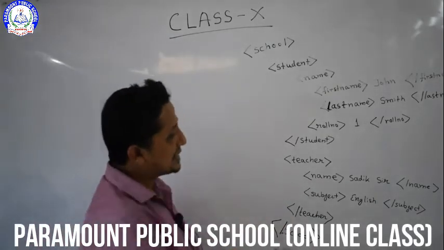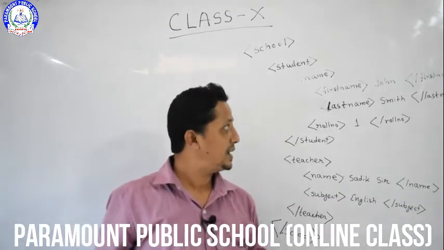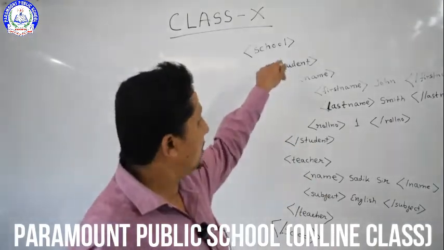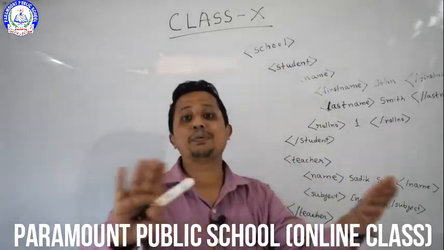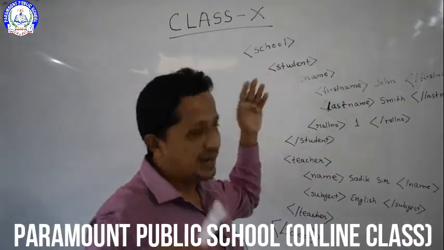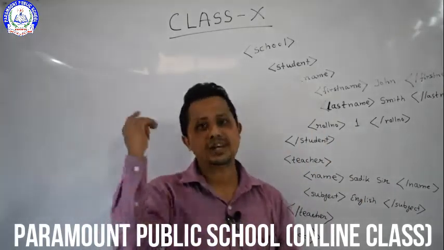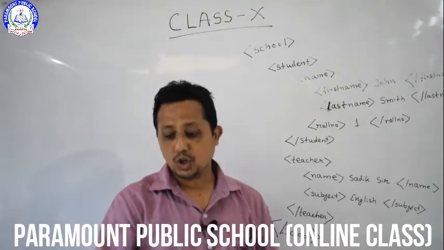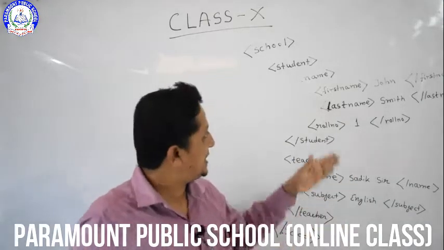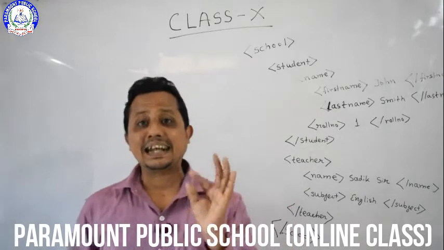Then these are the values, as I told you, that we can have some value associated. And another thing: in this whole XML document there is no predefined tag. All the tags I have given. School, name, student, I have given. So these are known as user defined. The tags are user defined. So the entire structure of an XML document is a tree-like structure. You can see that the tree-like structure is there. So the XML code has a tree-like structure.